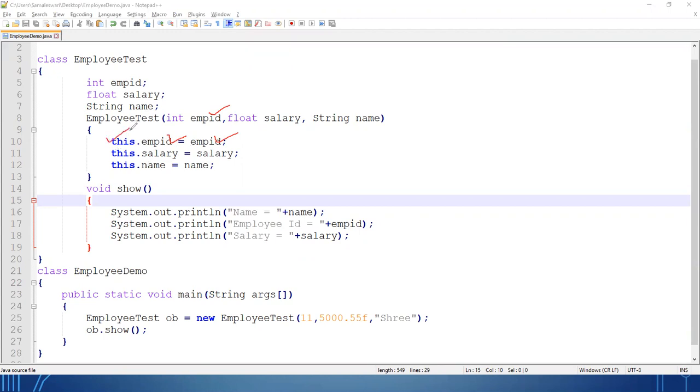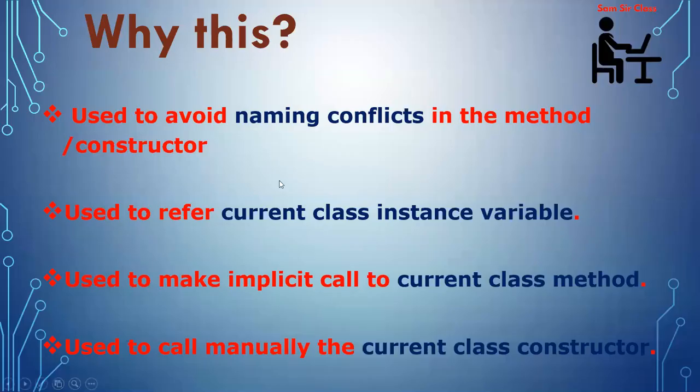So the this keyword is used for the currently created object. So when you write this.empid, it is treated as ob.empid. You are writing this.salary, this is considered as ob.salary. You are writing this.name, it is considered ob.name for JVM. And the rest, whatever you are writing without the this keyword, is considered as the use of a local variable. Clear? So this is the first advantage of this, that it will find the difference between the same names. One for the instance variable, one for the local variable.